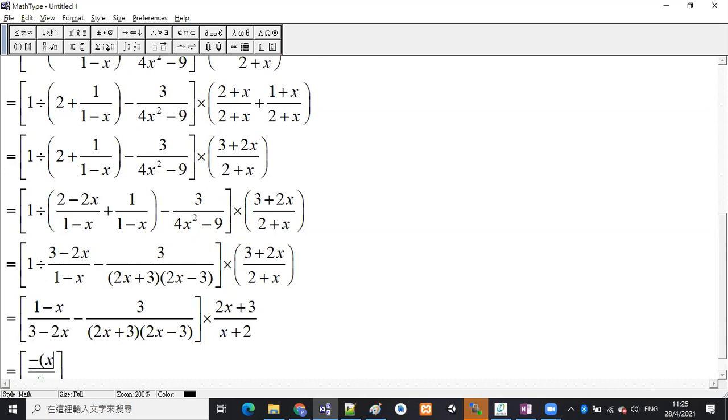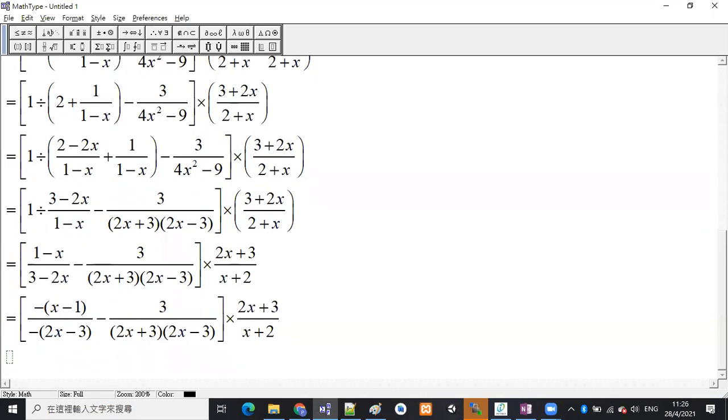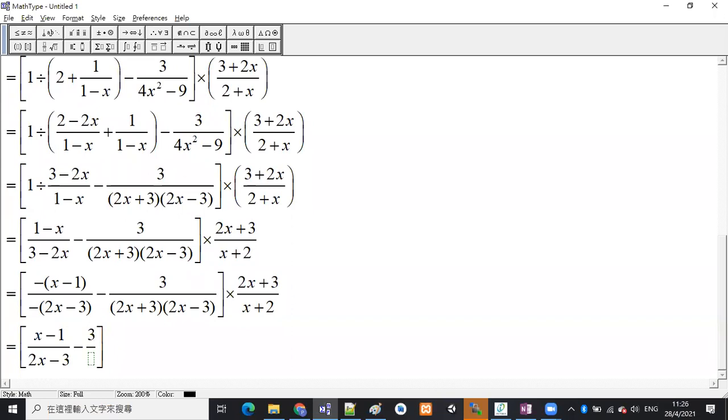It becomes negative of x minus 1 over negative of 2x minus 3, minus 3 over 2x plus 3, 2x minus 3, times 2x plus 3 over x plus 2. OK，你抽負號呢個步驟嘅時候，其實陣間通分母就會冇咁亂。點解呢？因為呢個分數上下兩個 negative signs 可以互相抵消，所以得返前面呢個 x minus 1 over 2x minus 3，係一個 simple 嘅 fraction。呢度 get 到嗎？